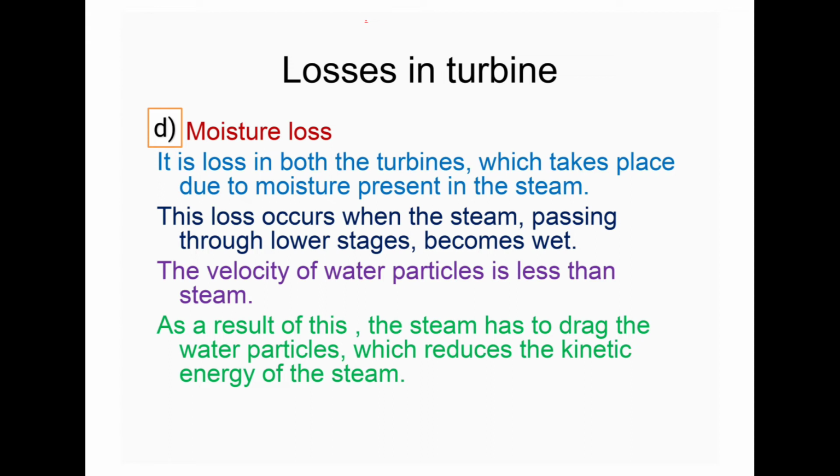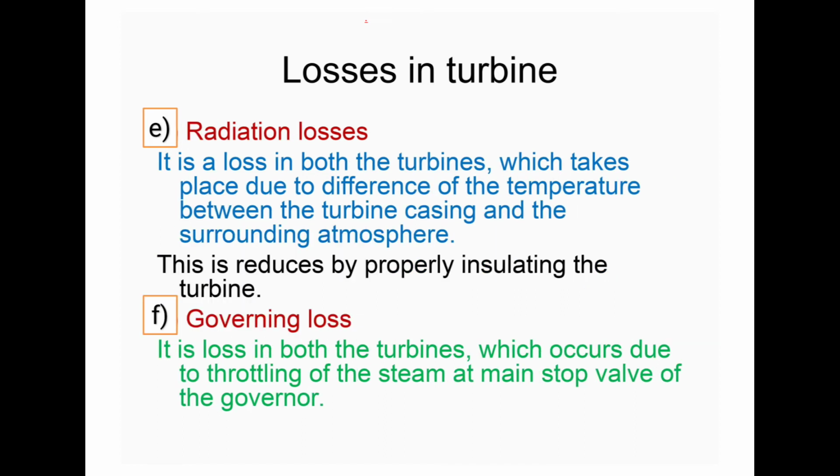Not only that, thermal related loss will also affect the turbine overall system. And then the radiation loss is a loss in both turbines which takes place due to the difference of temperature between the turbine casing and the surrounding atmosphere. This is reduced by properly insulating the turbine,